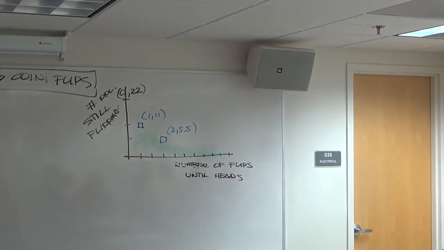Go all the way out to 9. So 3, 4, 5, 6, 7, 8, and 9. Figure out what they're supposed to be. And then what I'm going to do is I'm going to